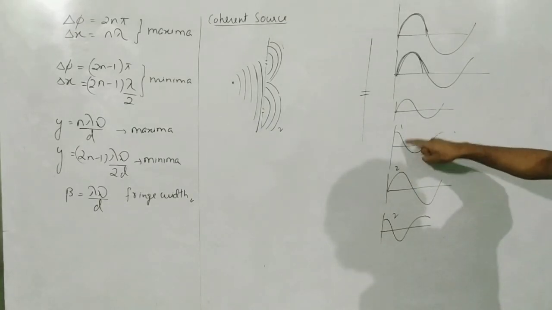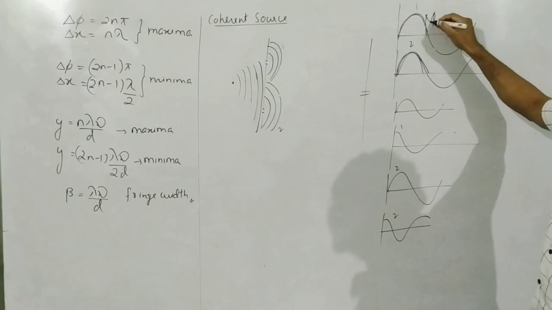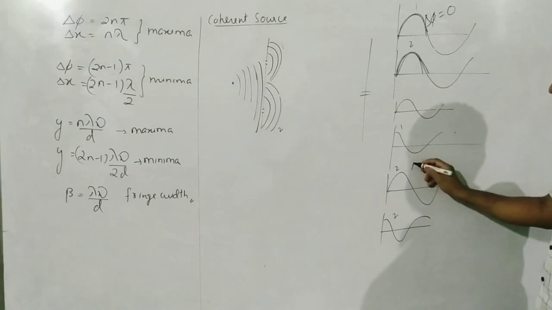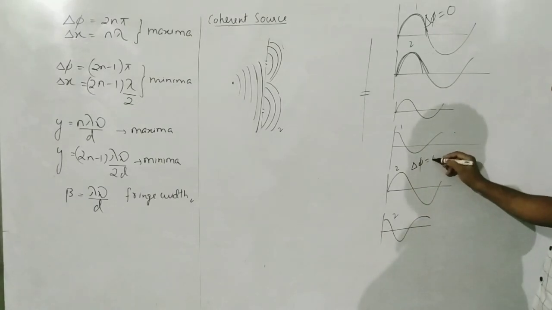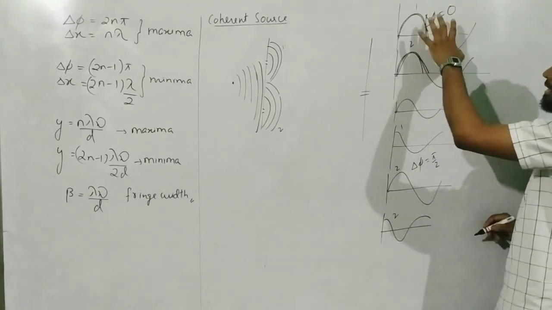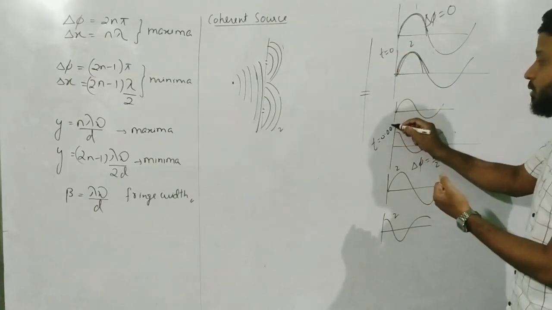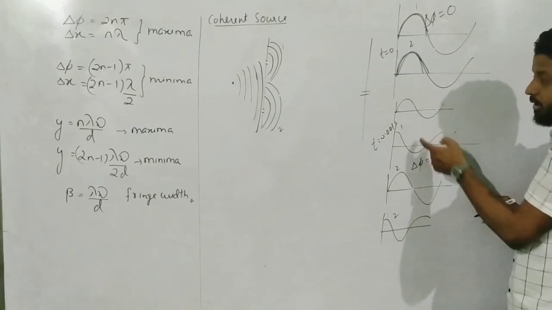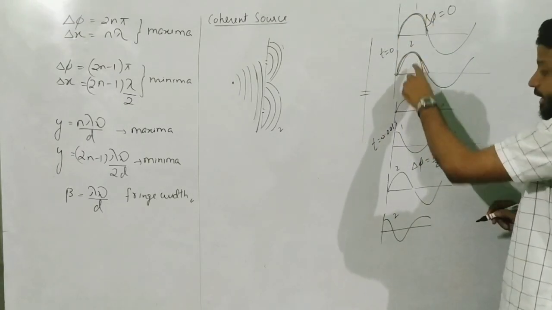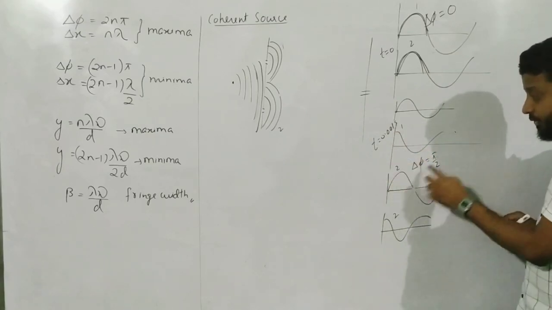If I consider the beginning, this is my wave 1 and wave 2. What is the phase difference? Phase difference here was equal to 0. Now when this becomes a cosine function and this becomes a sine function, the phase constant becomes, let us say, pi by 2. Now what is the effect on the screen? Let us say this happened at time t equal to 0, and in a very small fraction of time, let us say t equal to 0.0001 second, it changes to this mode. At time t equal to 0, the center was maxima because crest was overlapping with crest, and then immediately things have changed. Now the phase difference has become pi by 2.